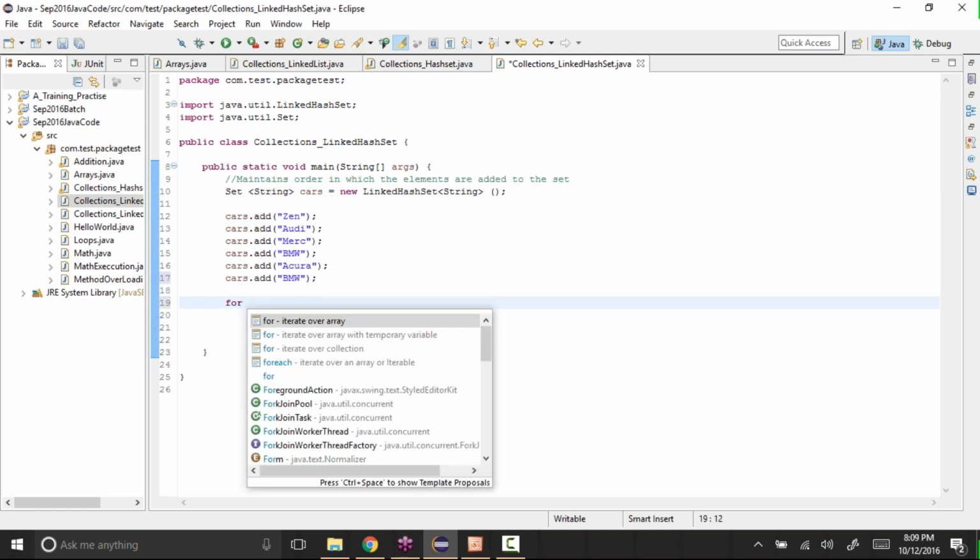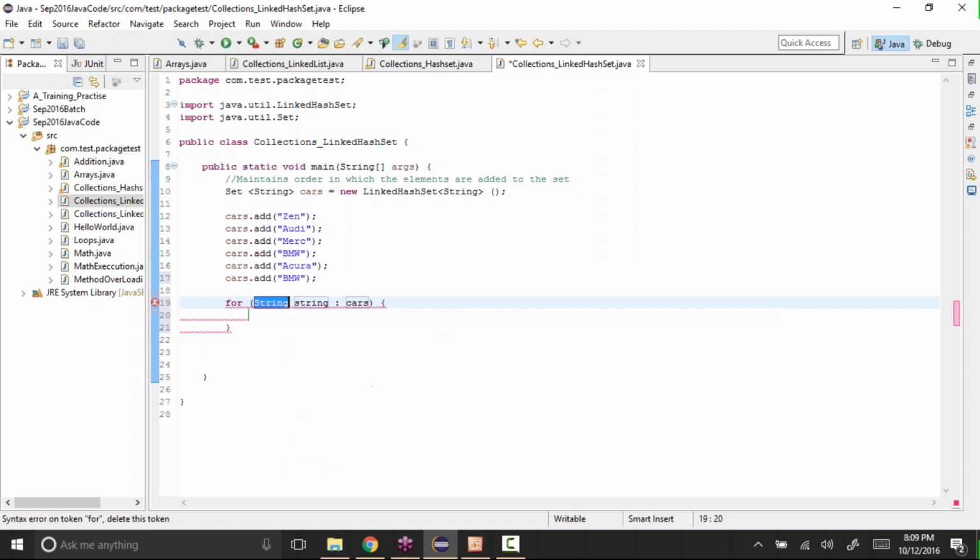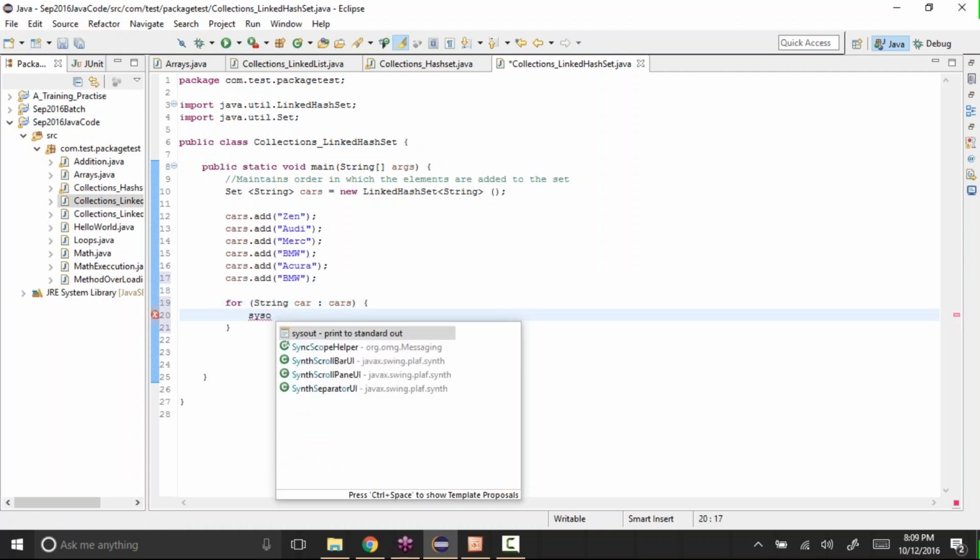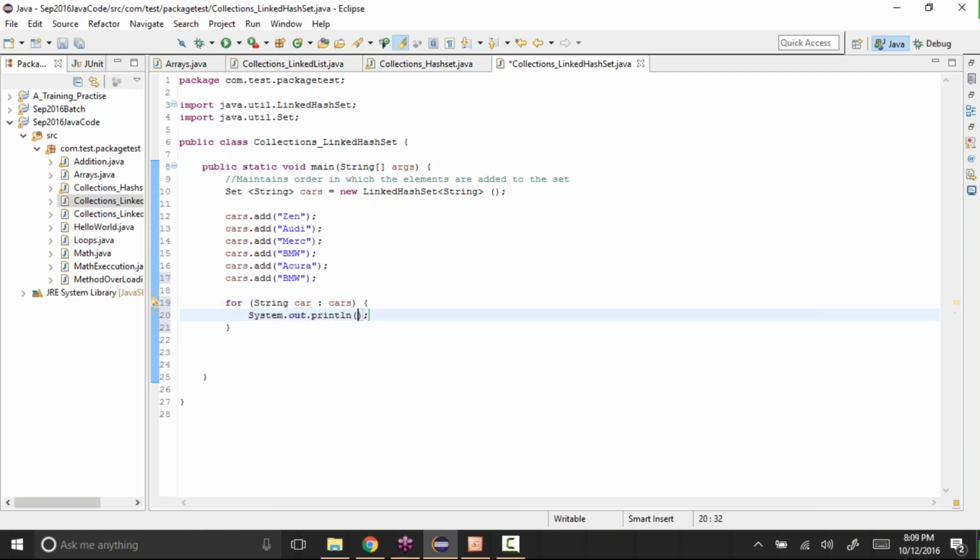Let's say I want to iterate over this, for car in cars, and display that value, System.out.println, and let's say "car name is" plus car. I'm trying to display that value.